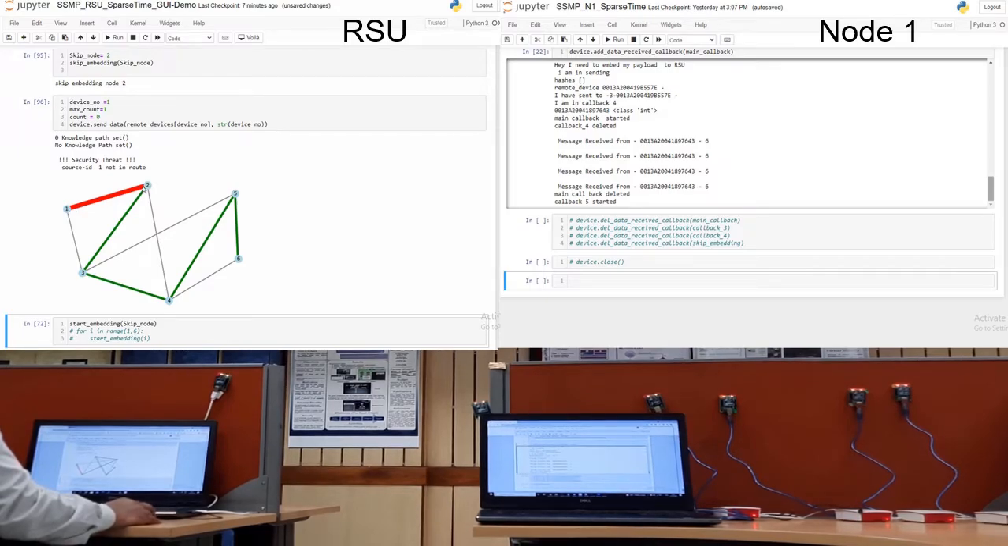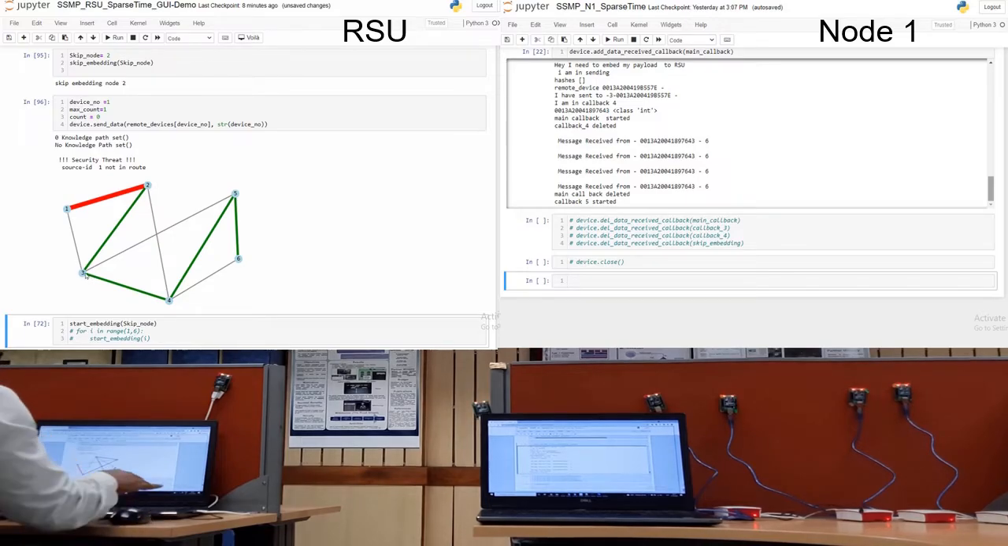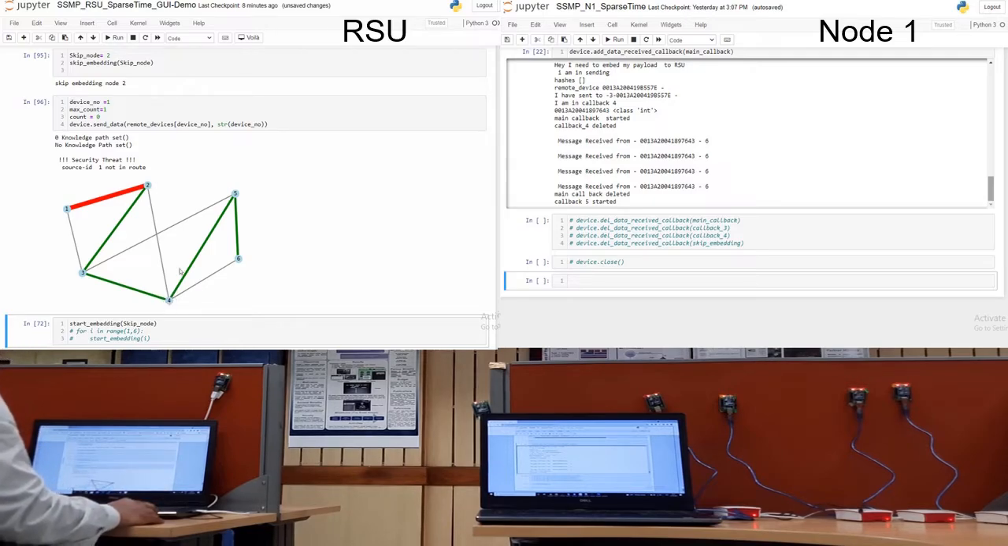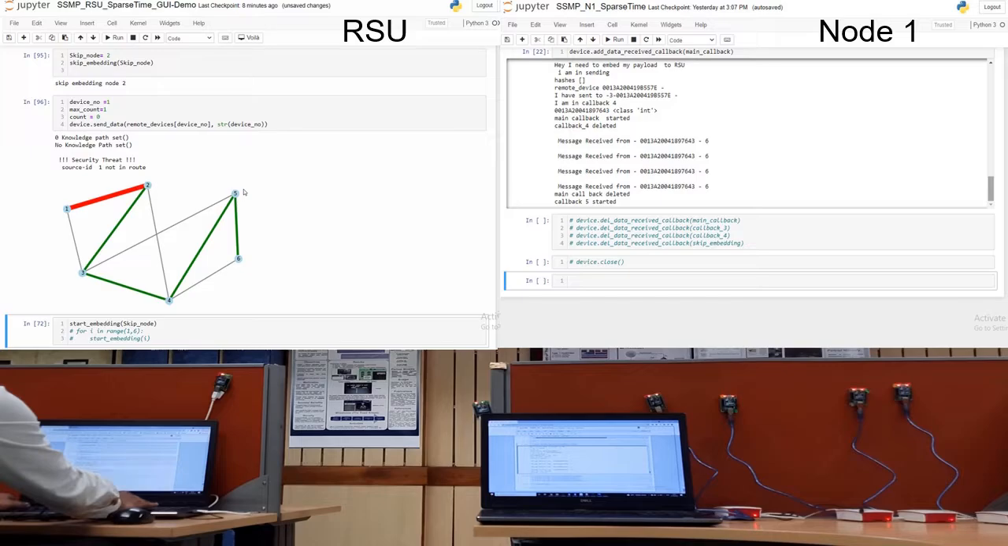Node 2, instead of doing any kind of embedding or increasing the hop count, only just forwarded the packet to node 3. Node 3 has done the double edge embedding of edge 2, 3 and edge 3, 4, increased the hop count, and forwarded this packet to node 4. Node 4 only has increased the hop count and forwarded the packet to node 5, and node 5 has done the double edge embedding, that is edge 4, 5 and 5, 6, increased the hop count, and forwarded the packet